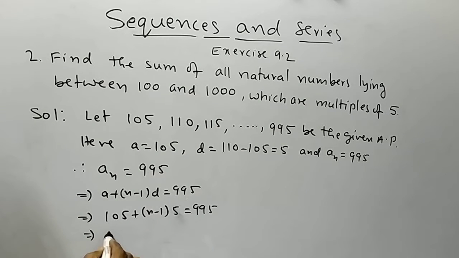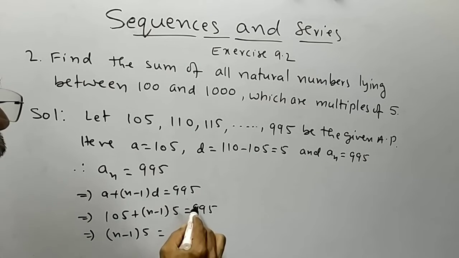This implies n minus 1 into 5 is equal to 995 minus 105,